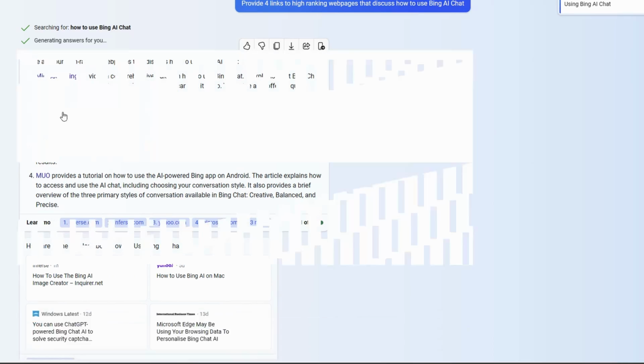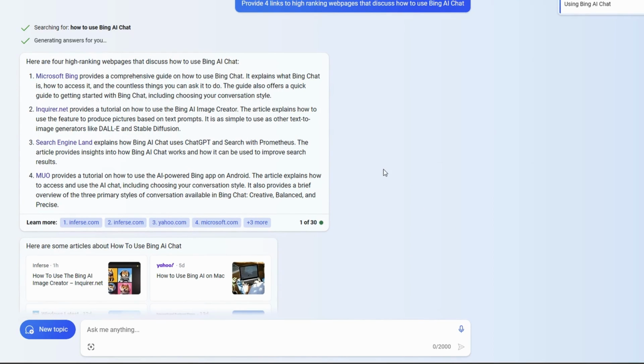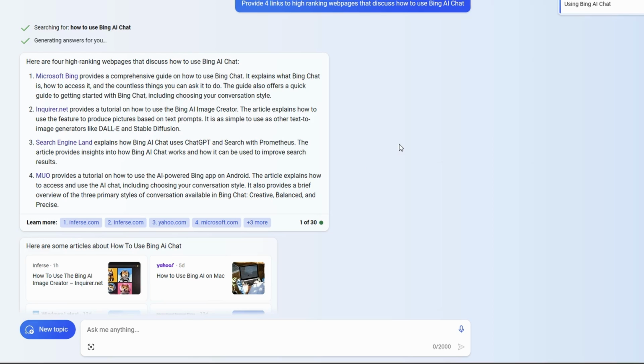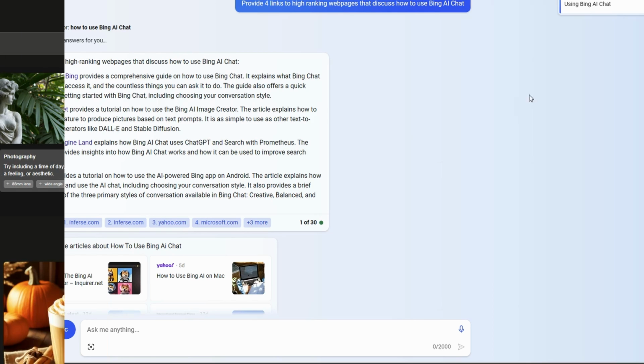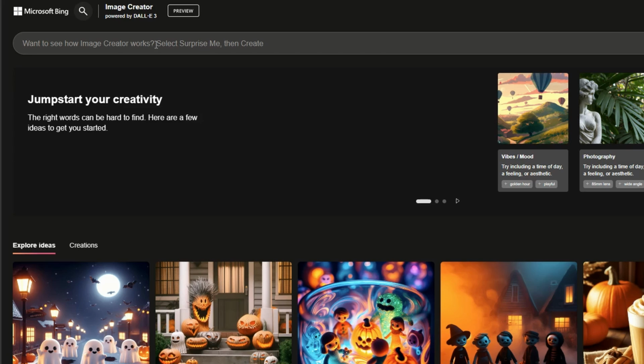I'm going to take this information again. I'm going to put it on my notepad and we're going to include this in our content at the end, and I will show you that. Now, next, we do need custom images. We don't want to be using stock images for our content. So to create the custom images, I'm going to use the Bing Create tool. So I'm just going to ask it to create some digital art around Bing Chat AI.